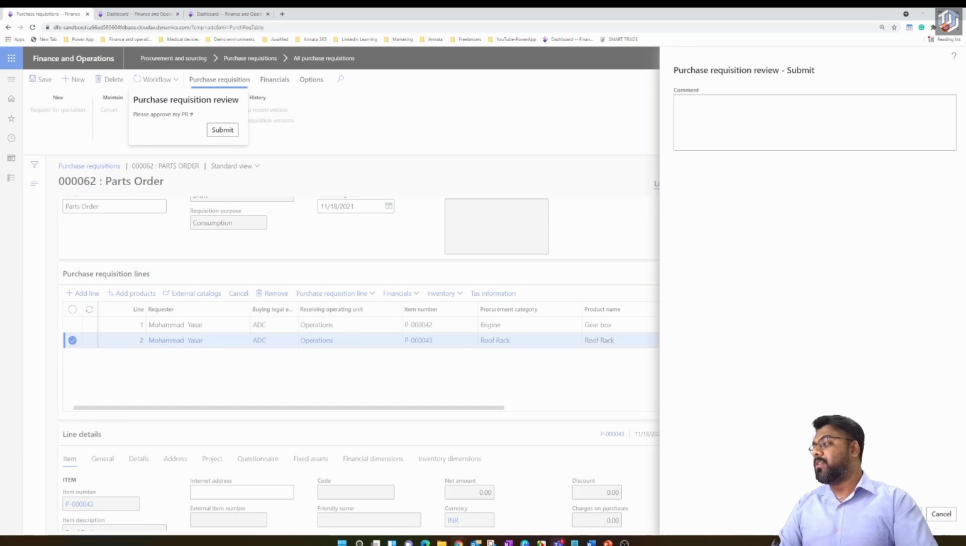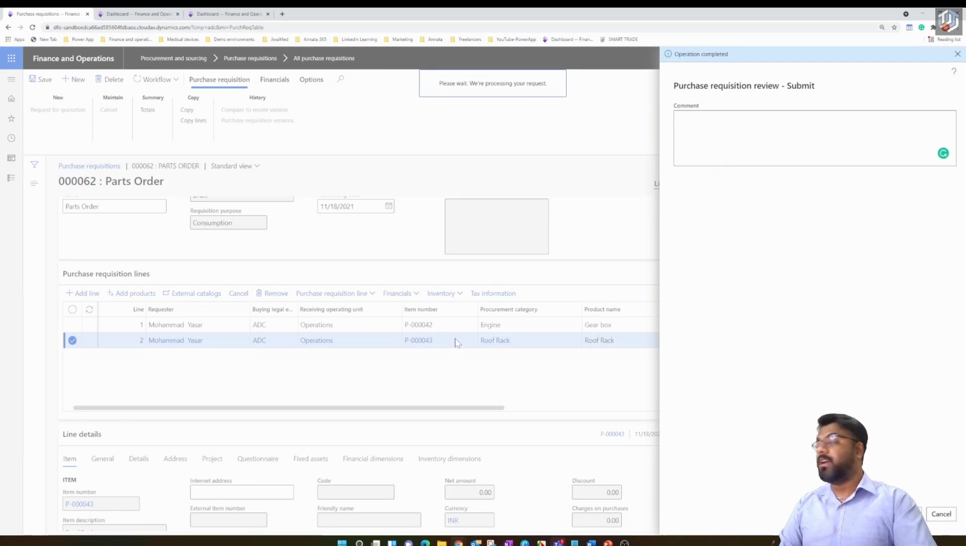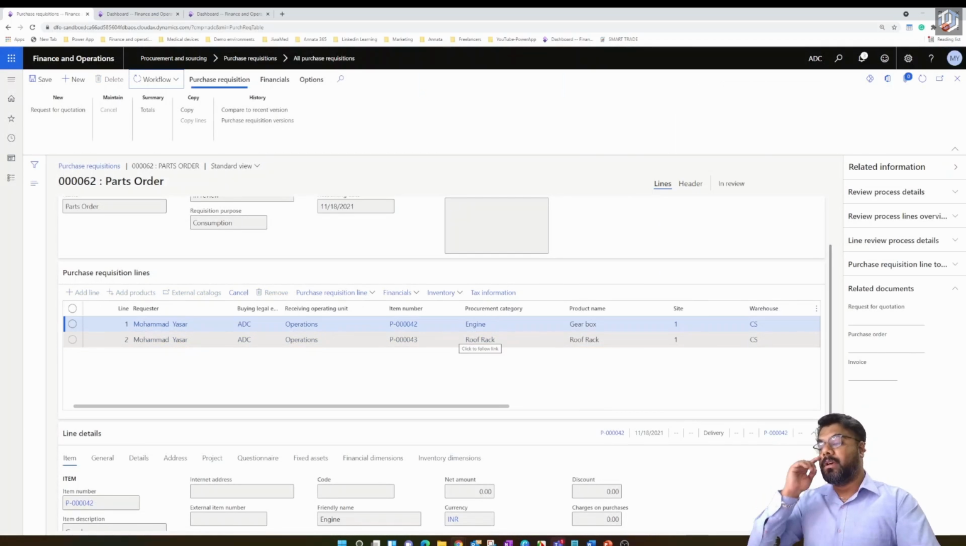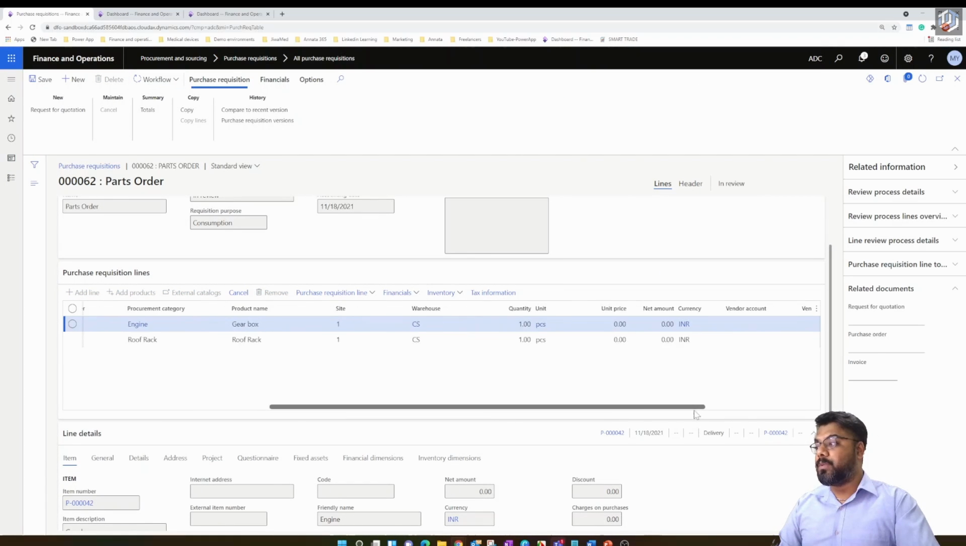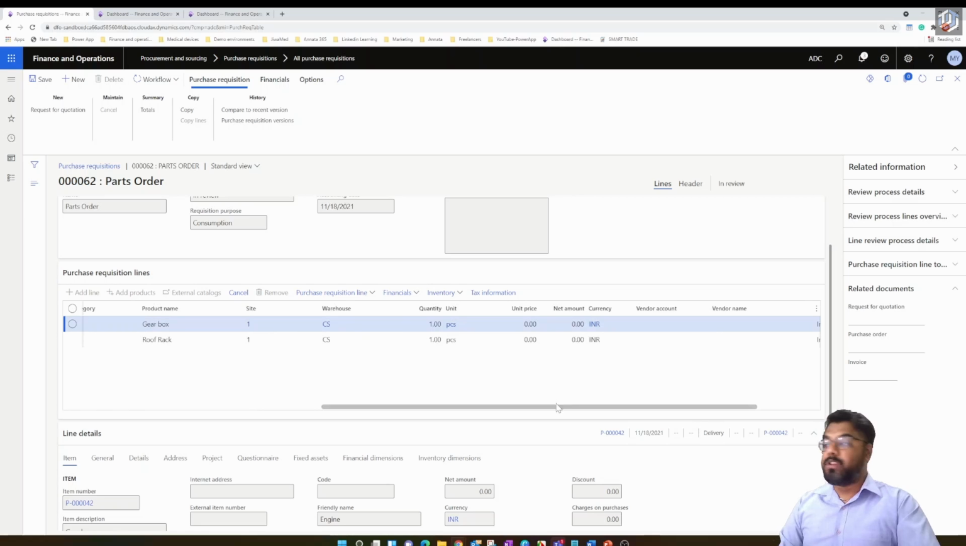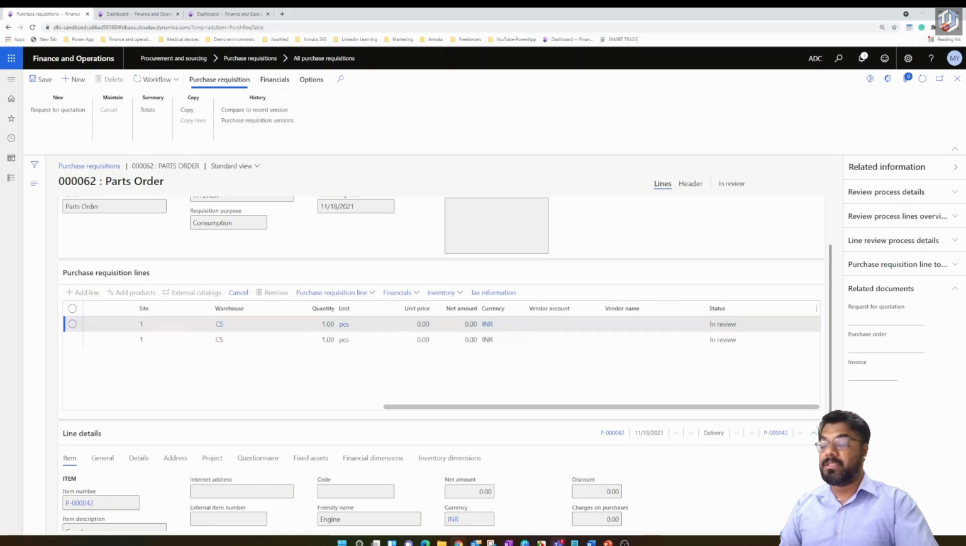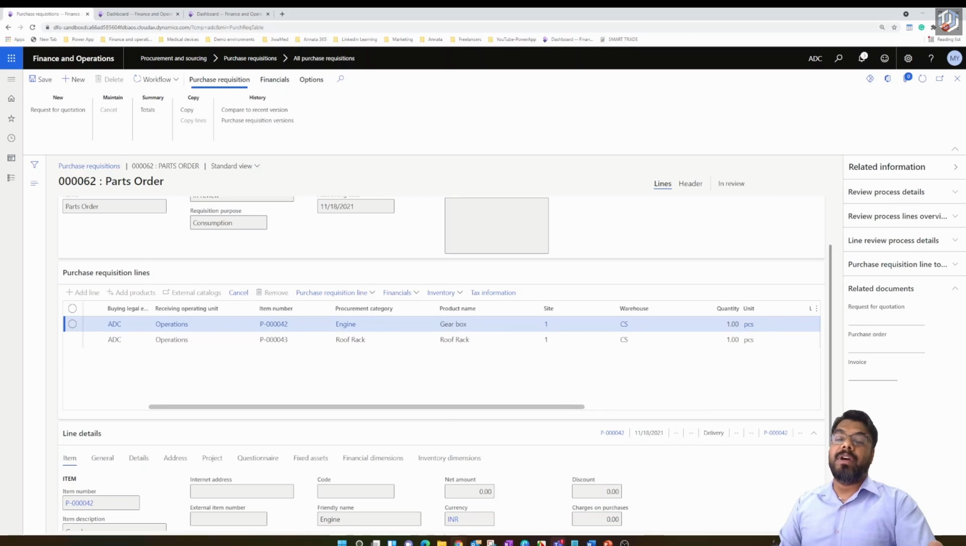So we can even configure the workflow in such a way that whenever my purchase requisition doesn't have a unit price, or my purchase requisition doesn't have a vendor account filled within a specific line, then the workflow will be automatically triggered to a specific role who is responsible for actually creating the request for quotation. Okay, so we've already discussed the conditions within a workflow and how to set up